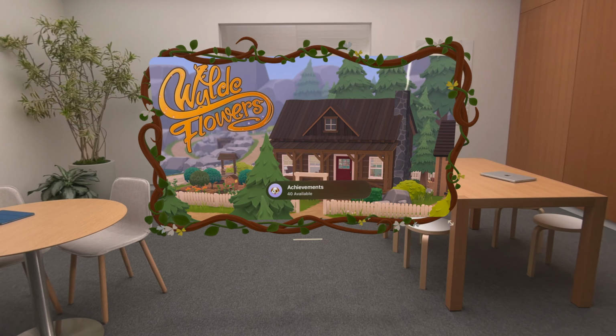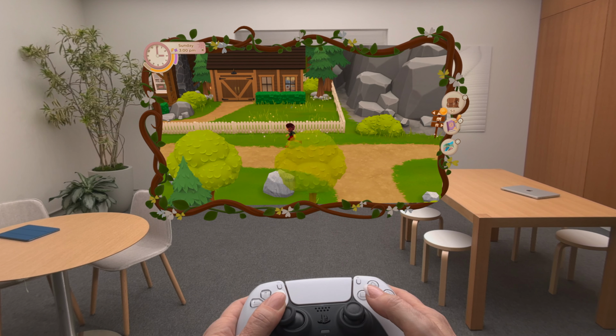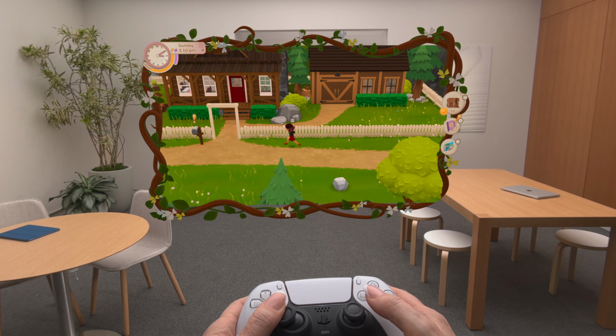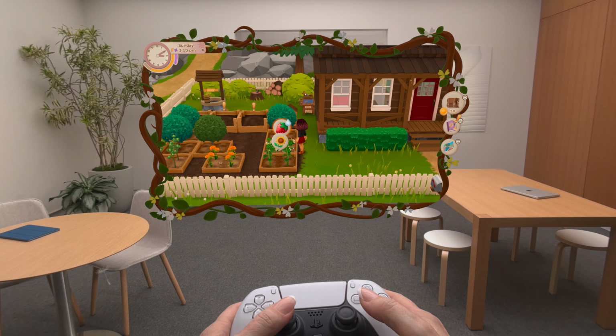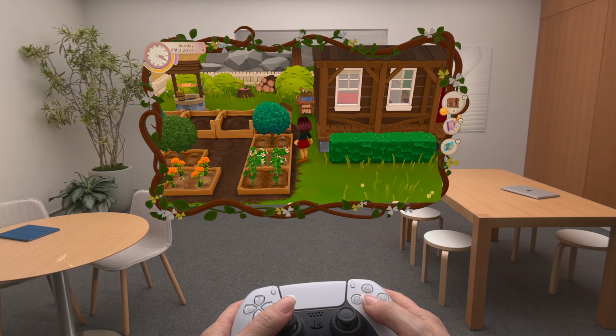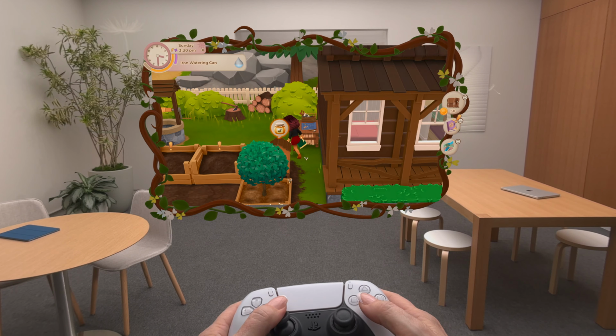The arcade game Wildflowers has great controller support. If you have a game controller paired and connected with your Vision Pro, the game input works automatically with that controller. This is really important to do. Detecting that a controller is connected and switching your input over to work with that controller is much better than making the player search for a switch in your game's settings menu.